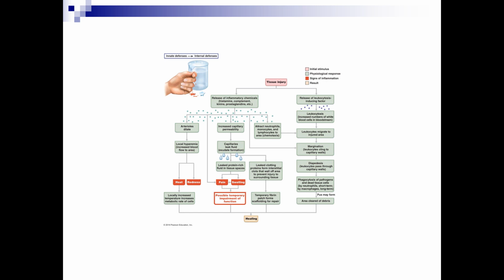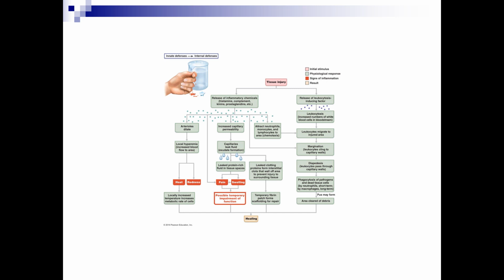And then more chemotactic factors or more cytokines come and trigger the next step, diapedesis, where the cell reconstructs its cytoskeleton so that it becomes very flat and can pass through the capillary walls,